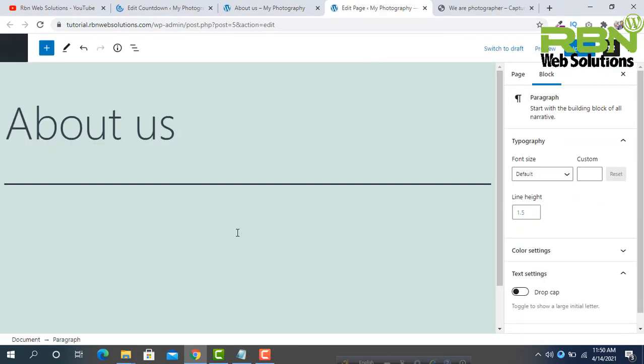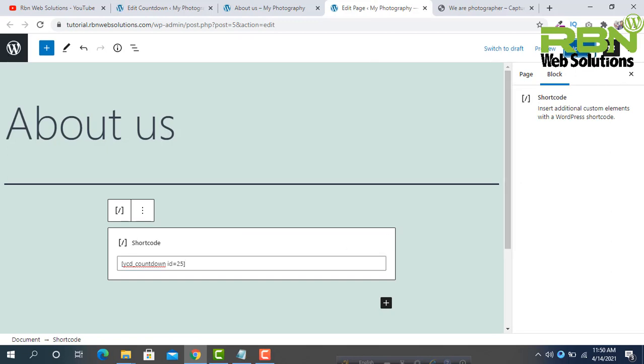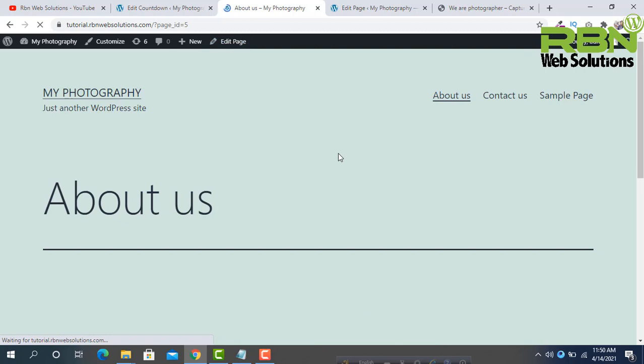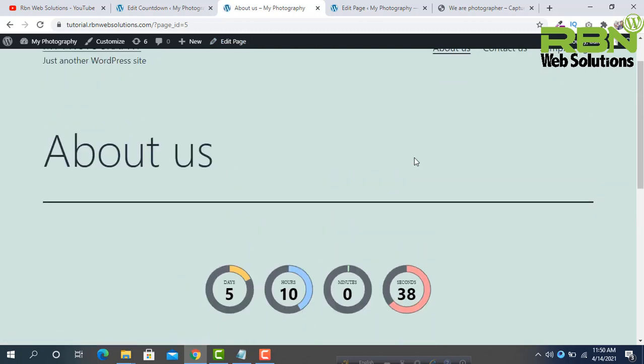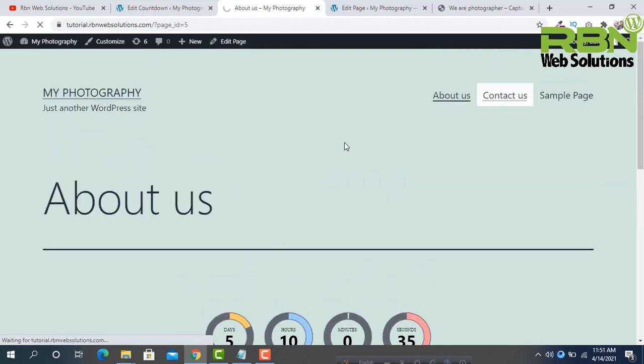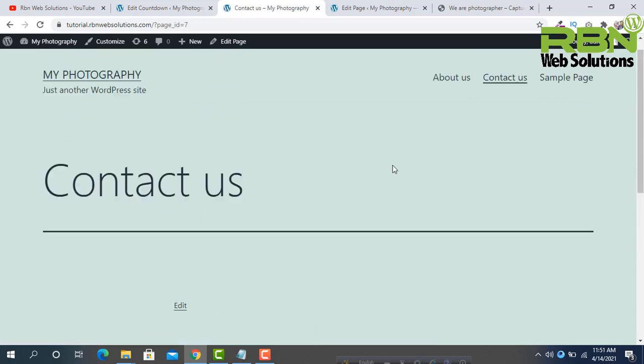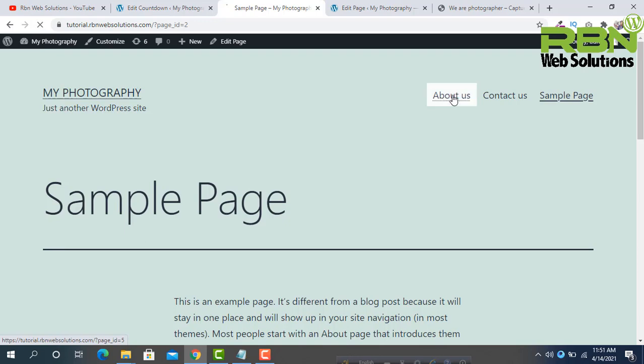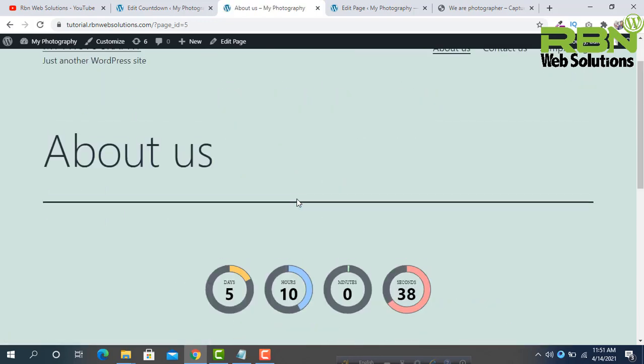Then here you can paste the shortcode and update. And after that, only on the About Us page the timer will be shown. Contact Us page, no timer. Sample page, no timer. Just on the About Us page it will be shown.